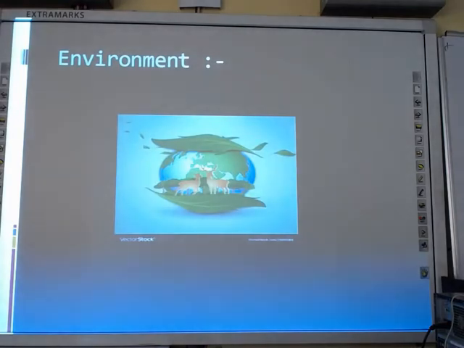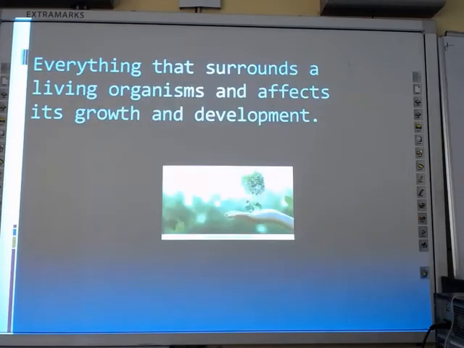Look at the picture, what are you observing or what are you watching? It is the picture of Earth, and Earth includes plants and animals, and these comprise an environment. The environment surrounds us. As we can see, plants are present all around us, animals are present and different kinds of objects are also present in our environment. So, here we discuss the components of our environment.